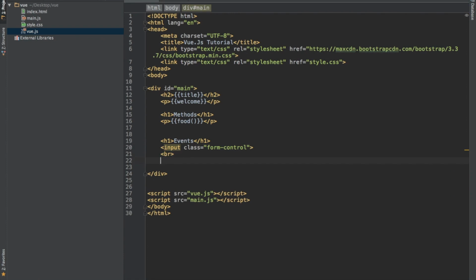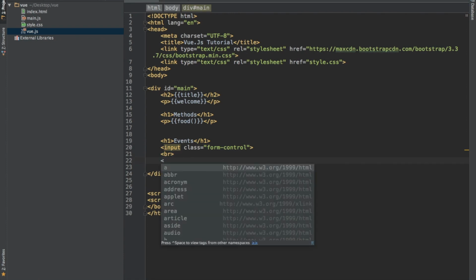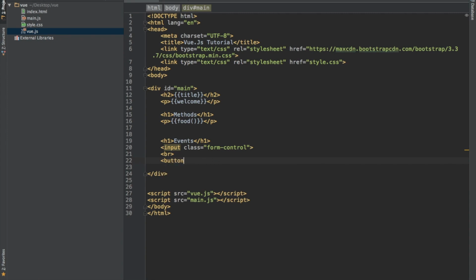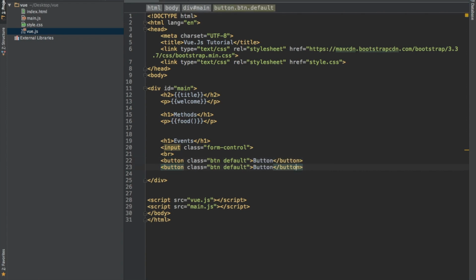So I'll also include two buttons. I'll call it button class btn btn-default. Button 1 will be the name. So I'll duplicate this. I'll call this button 2. I'll name this primary.